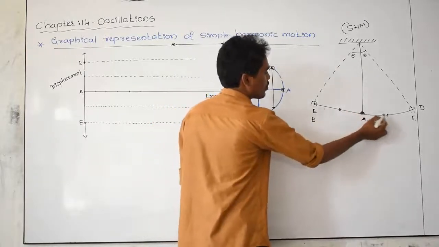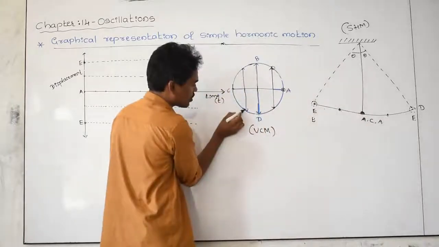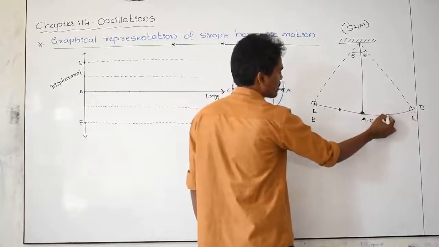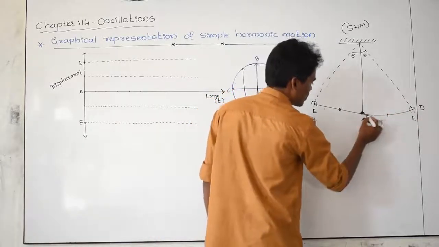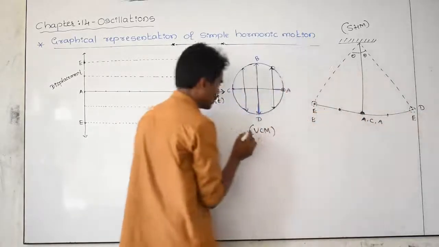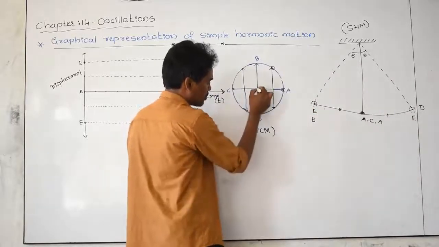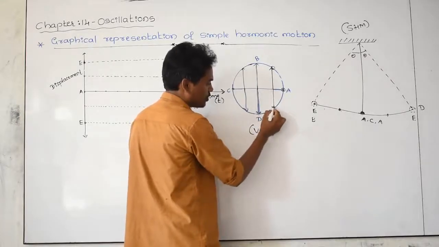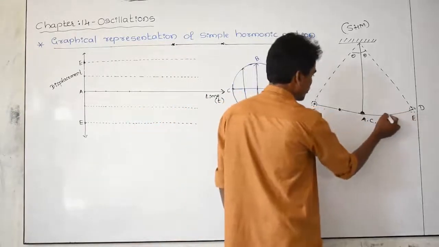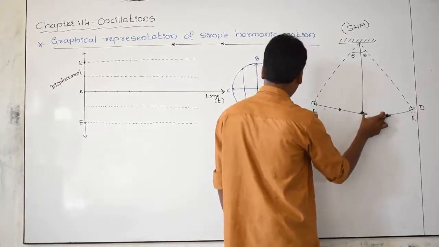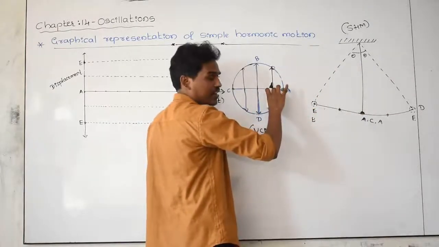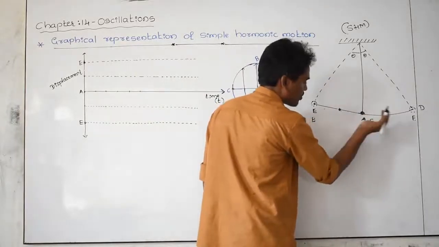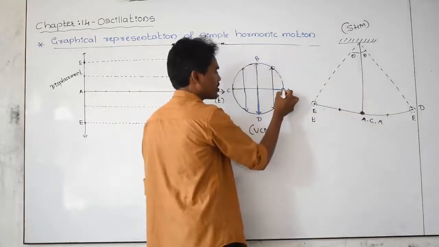Again it is moving from this point to this point, this is the displacement. Again it is going from this point to this point, then this is the maximum displacement. Again it is moving from this point to this point, then this is the displacement from the mean point, this is the displacement I indicated here. And again it is coming from here to here, displacement becomes 0, here to here displacement becomes 0.